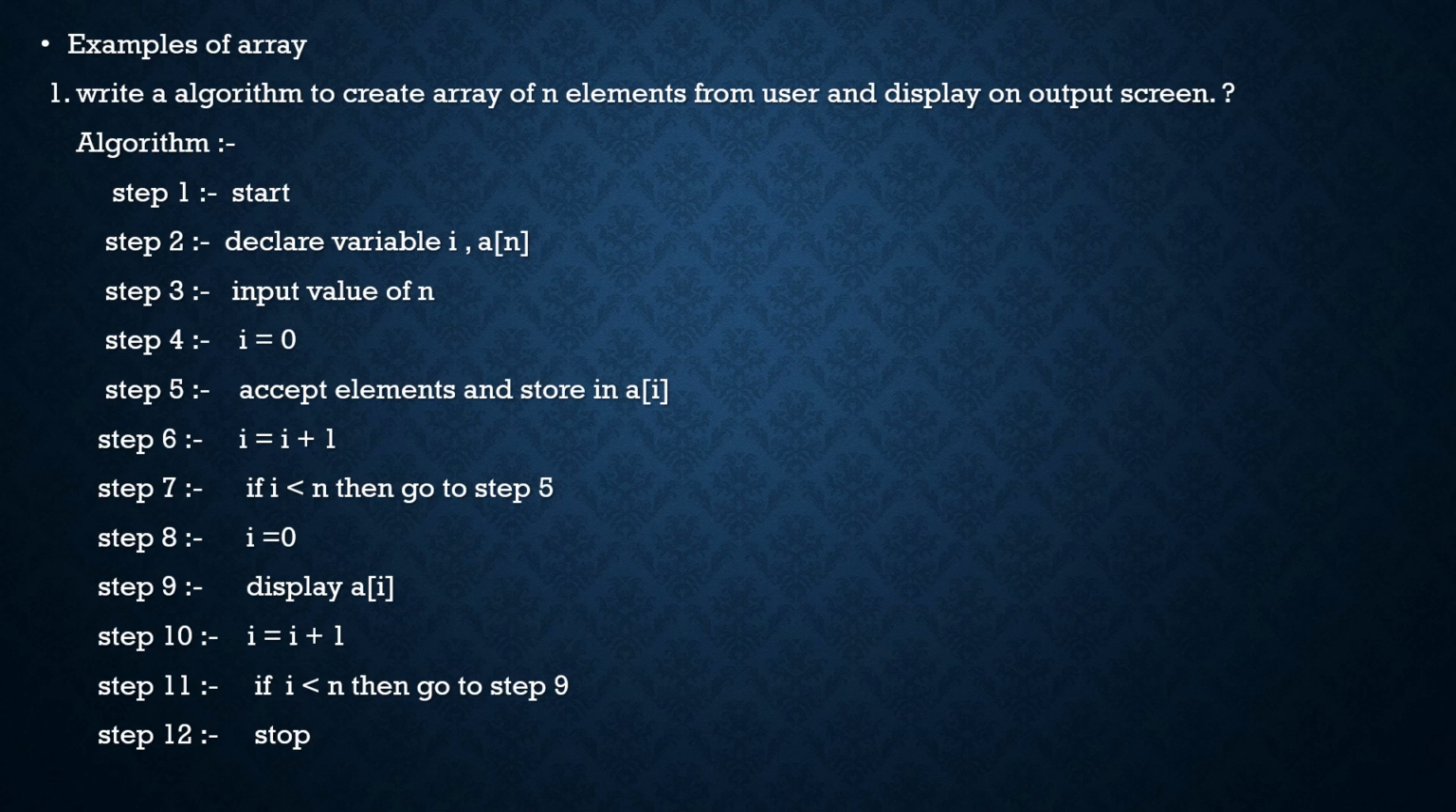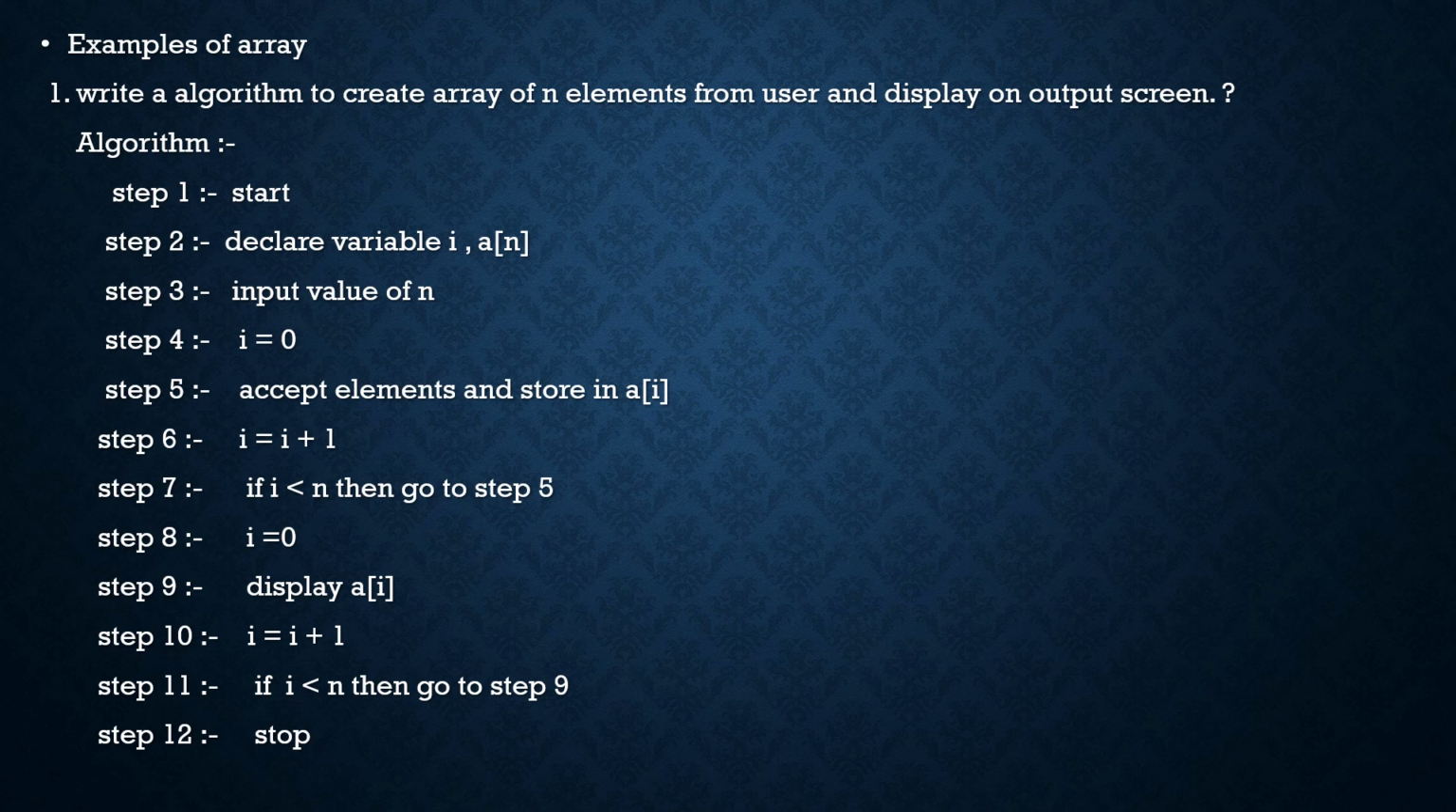Because we have earlier declared I is equal to 0, I is equal to I plus 1. What is I? 0. 0 plus 1 is 1, and it will store in the I variable. In step 7, if I is less than n, then go to step 5. If 1 is less than 5, it will go to step 5 and store the element. Okay, likewise it will go on, and when all the elements are stored in a of